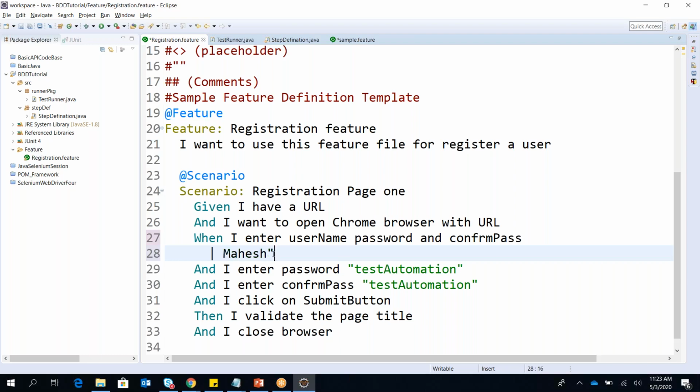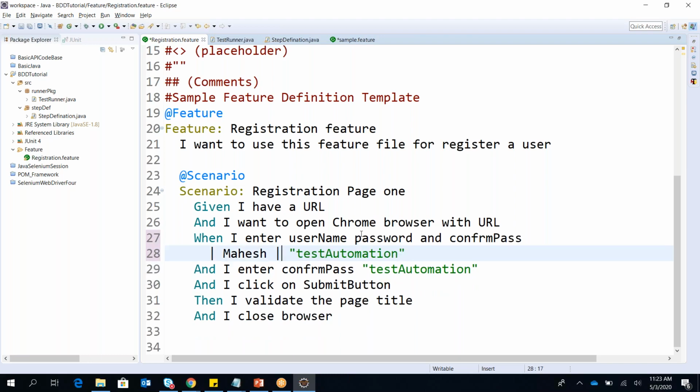So I need this username. I remove this as of now. I need this password. Okay.